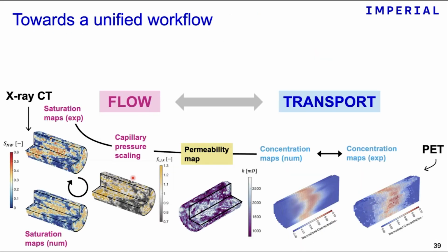Great. So bringing everything together to conclude, I showed two different but complementary approaches supported by imaging techniques to study multi-phase flow processes, through generation of saturation maps and providing information to quantify the heterogeneity in the samples, as well as imaging techniques that allow you to monitor transport processes in your rock sample, right? The two are obviously complementary, but we think we now have the tools where we can actually develop